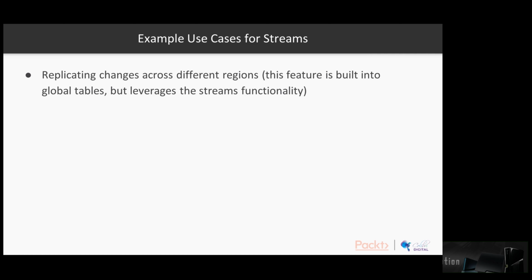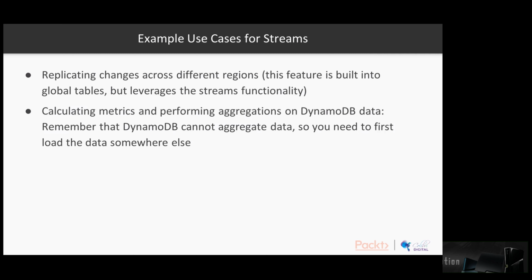So some typical use cases for streams, we might want to replicate changes across different regions. Now, as we know, this feature is built into global tables, but global tables actually was built on top of DynamoDB streams. Downstream sources can be used for calculating metrics, performing aggregations on DynamoDB data, etc. Remember, of course, that DynamoDB can't aggregate data itself, so if you have a use case that requires this, and there are lots of use cases that would require this, you need to first load the data